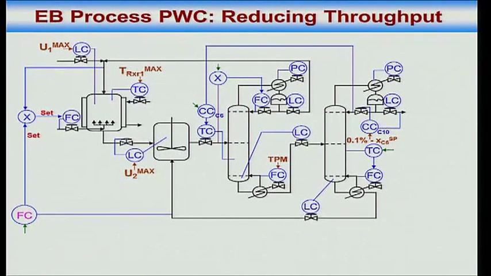You can talk to operators, and they'll tell you, okay, when I try to jack up throughput, this becomes active, and then that becomes active, and then that. Operators can also tell you that. So either from a model of the process which you optimize using an optimizer by playing with the degrees of freedom that are there with you, or by using some engineering common sense, which is actually quite rare.